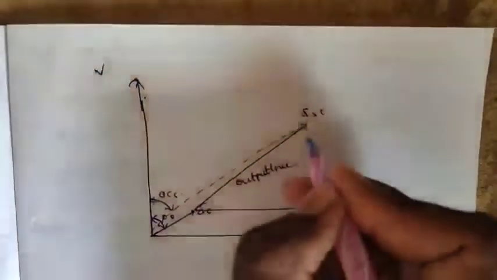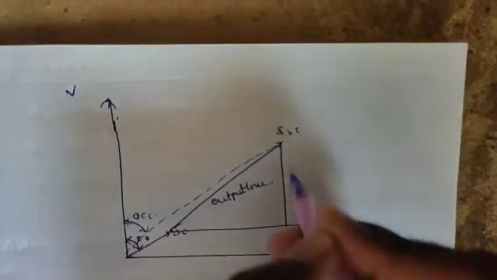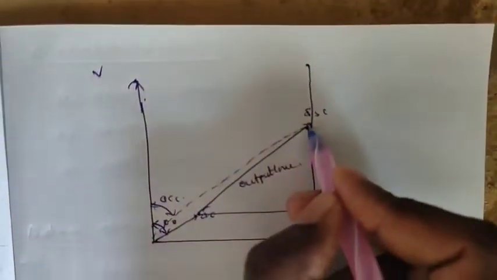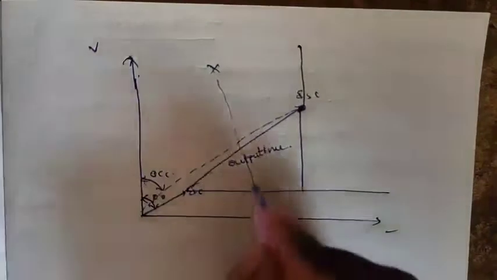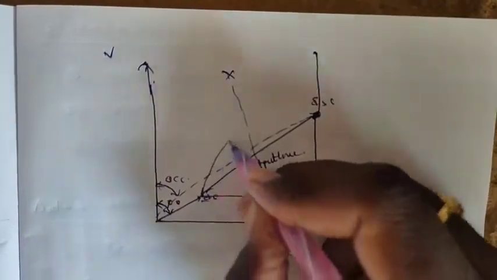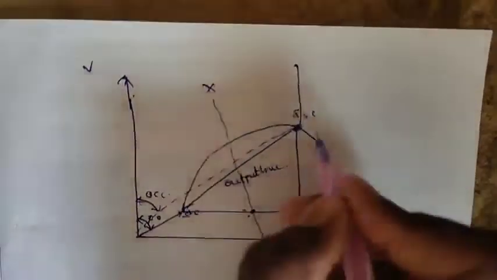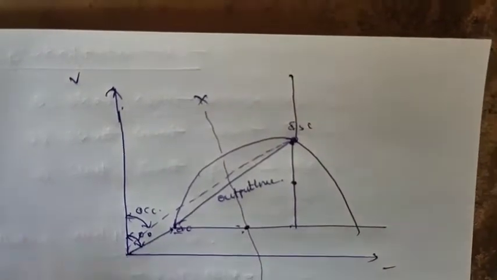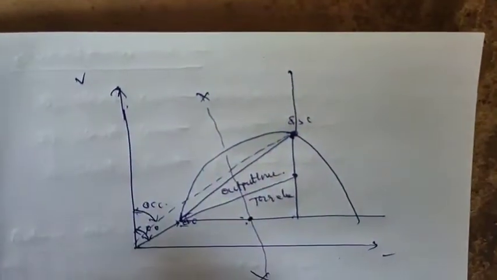Draw a line perpendicular to this point, that is parallel to the y-axis. From this point we have to bisect and take one point, take this as radius and draw one semicircle. After that, this line has to be divided into 2 sections by taking the ratio of R2 by R2 dash and draw this point. This one is the torque line.